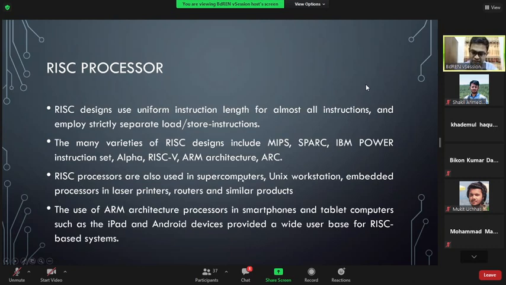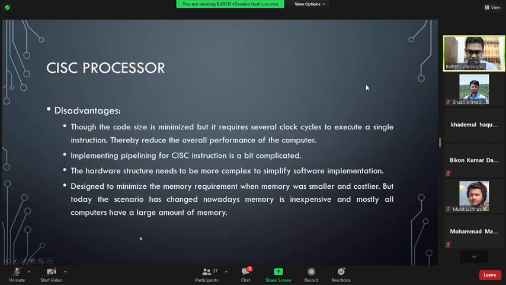And nowadays, the manufacturers are shifting from CISC to RISC because of the complexity. Look at the disadvantage I have said. Whenever the CISC was designed, it was designed for the smaller memory, to save the memory. But nowadays, we don't need to save the memory. We have a lot of memory. That's why the manufacturer thinks, why should we go for the complex option? Whenever we have a large memory, we don't have any problem with the memory. So why go for the complex option? We go for the easier option, which is the RISC. Maybe that is the reason.